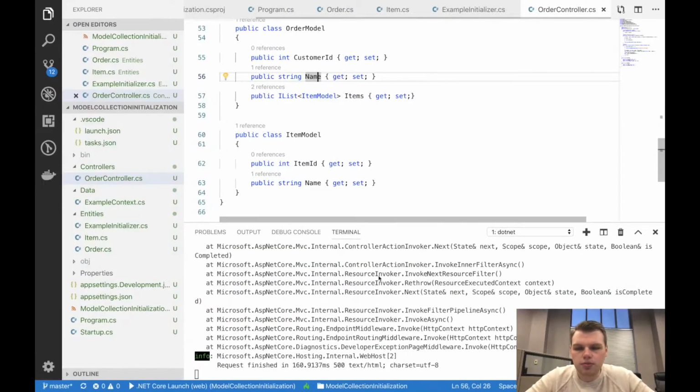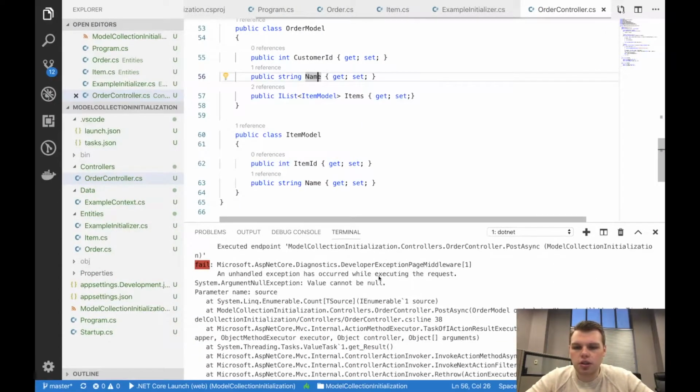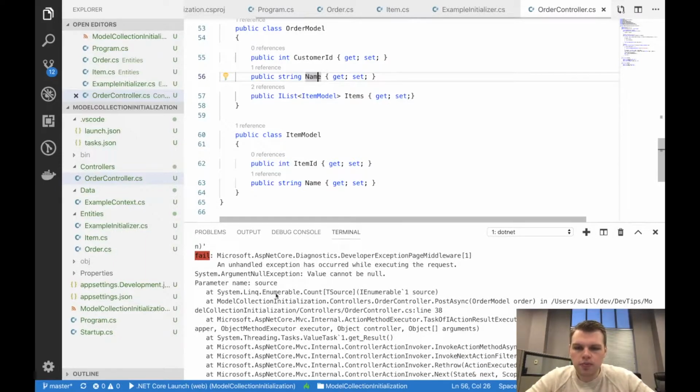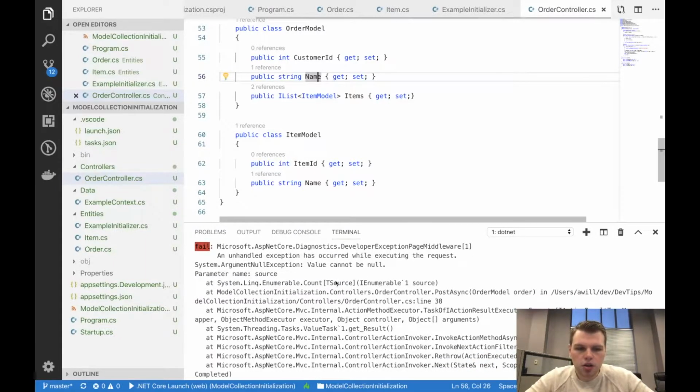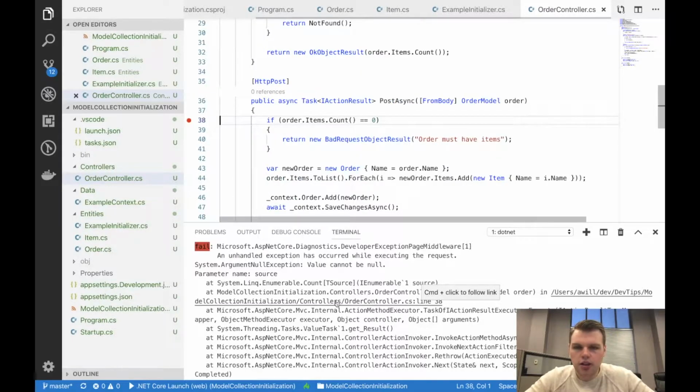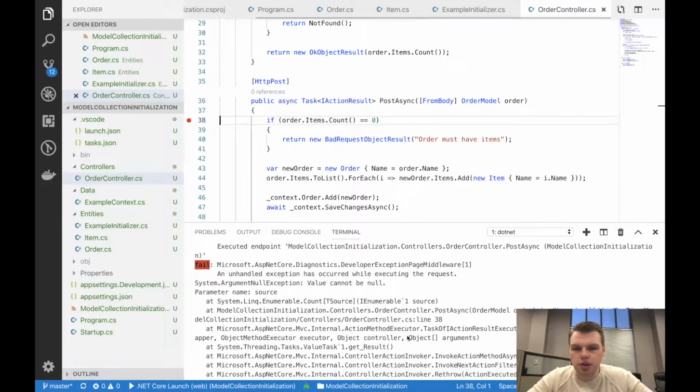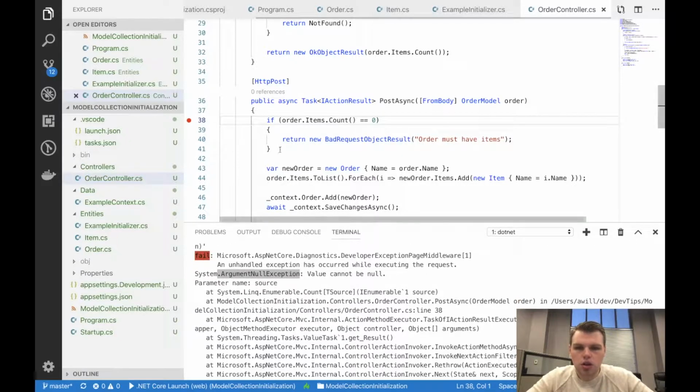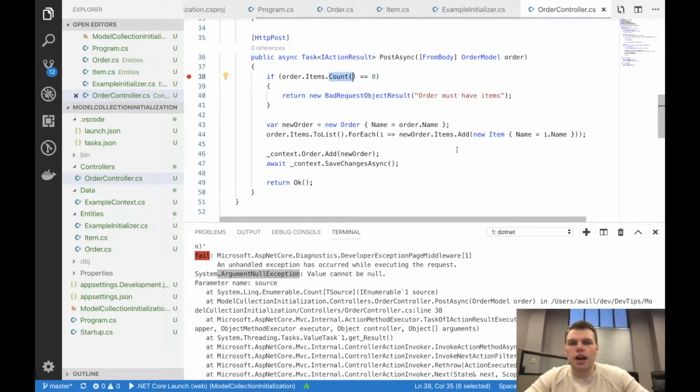So what happened here? Let's go take a look at the console in VS Code. Unhandled exception occurred on line 38. So let's click on it and see what's line 38. Okay, so we kind of see what happened here. We didn't send anything for items, and it was null. So it would be a null reference exception here. Yep, argument null exception, value cannot be null. We were at, so that will actually be the null reference right here on the count, since items is a